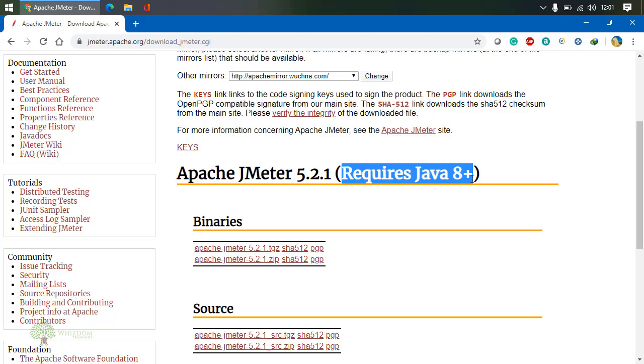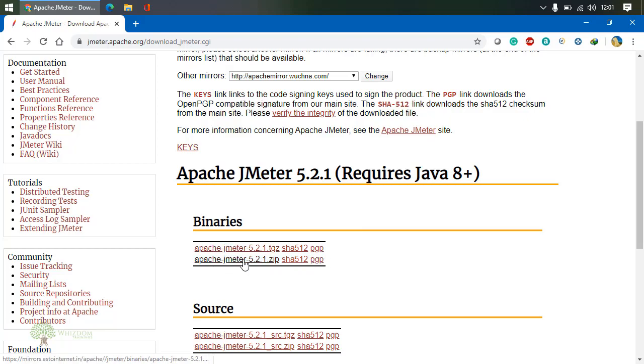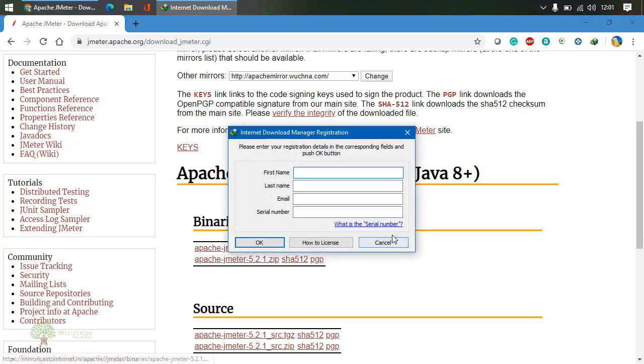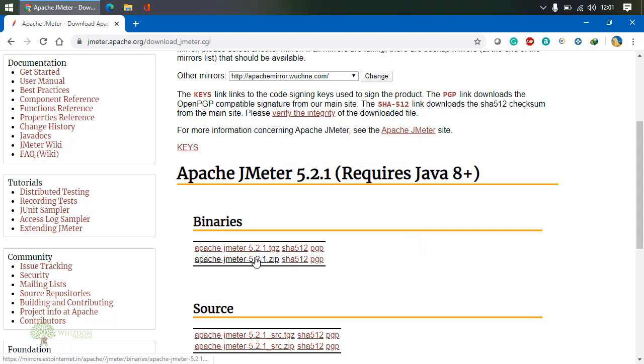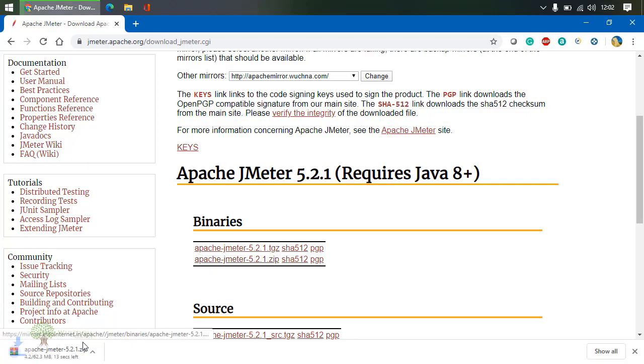That doesn't mean that we would be using the latest version of Java, right? So over here, first of all, you need to download one of these two binaries. I'll be downloading this particular one, that is 5.2.1. Okay, I'm getting some error, and maybe my download manager has stopped working. Just a second. So over here this can be downloaded now. As you guys can see, my download has started. This was just a small issue.